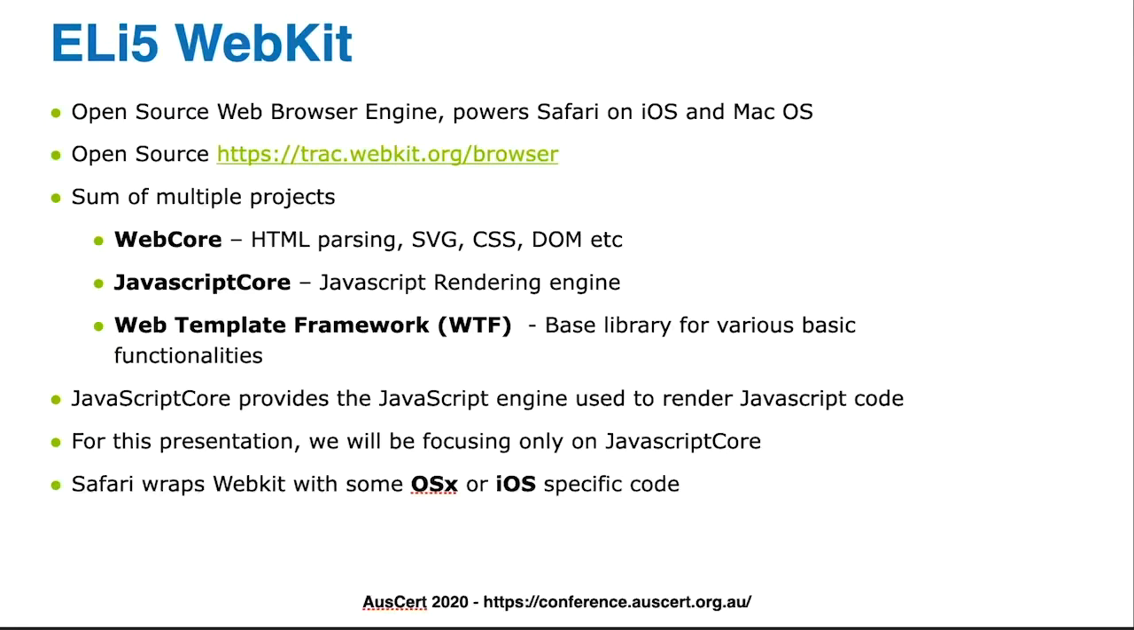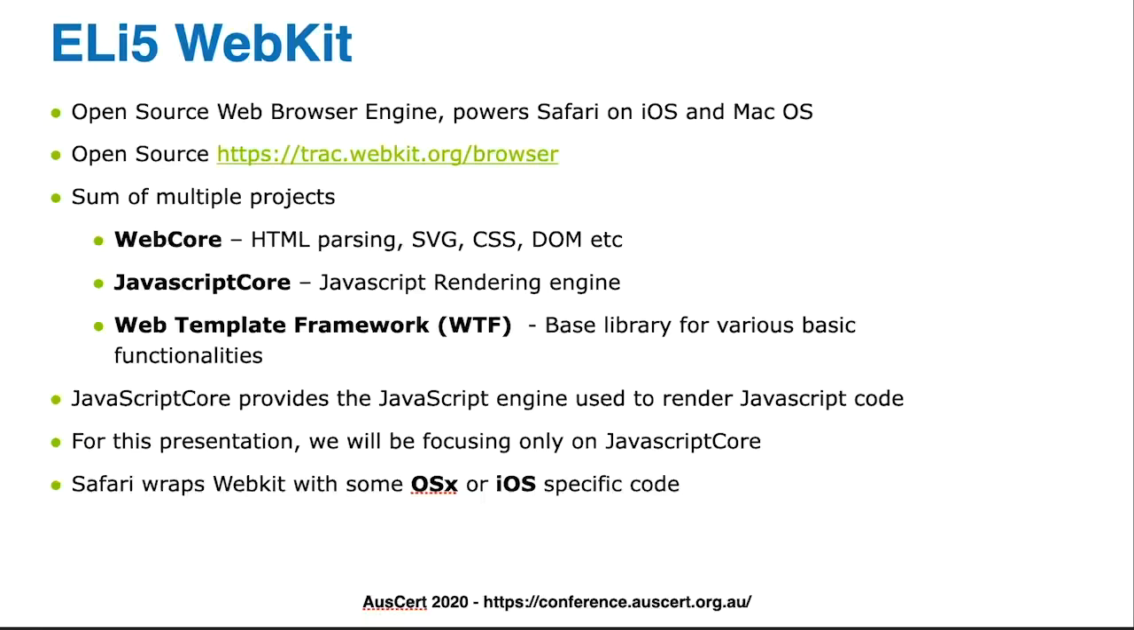It's open source and it has different projects such as WebCore, JavaScriptCore, and the WebTemplateFramework. JavaScriptCore is the JavaScript engine which is used to run JavaScript code. In this presentation, we will be focusing mostly on JavaScript code. Now the browser that we have on iOS and macOS, which is Safari, basically wraps WebKit with